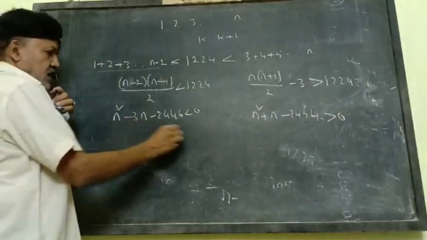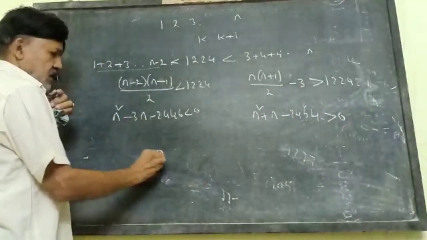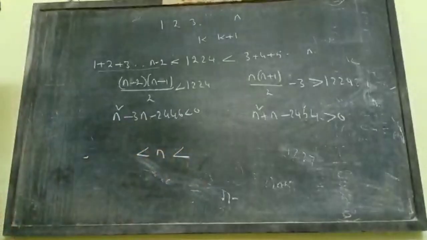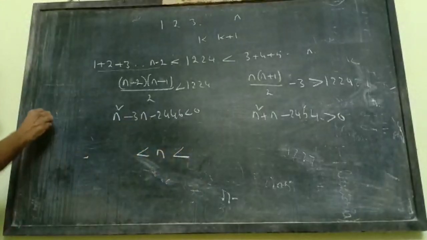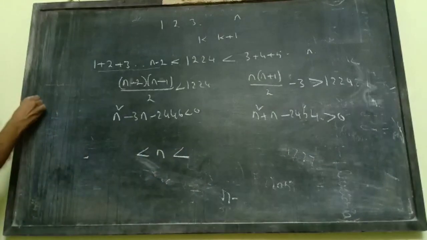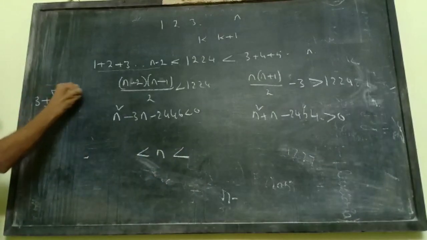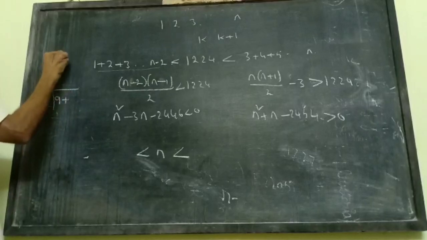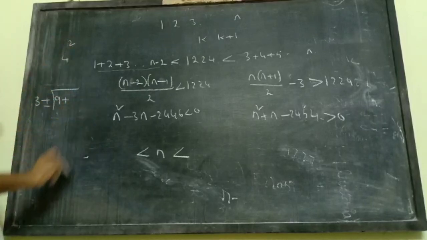A quadratic inequality less than 0 means the n value should lie between the roots. So if you roughly calculate the roots, what are you going to get? Using b square minus 4ac, 3 plus or minus the square root of 9 plus